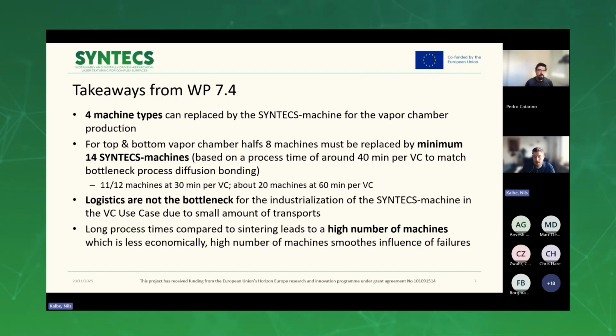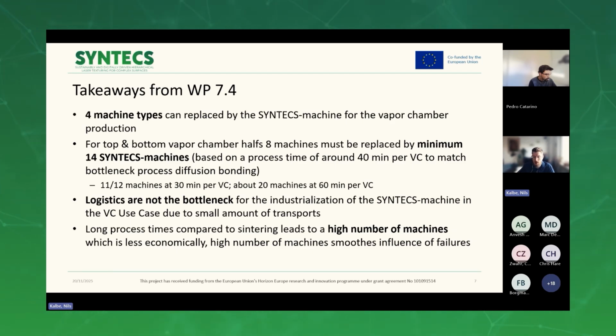To match the bottleneck, of course, if we have a better process time, you can go lower with the machine number to, for example, 11 to 12 machines at 30 minutes per vapor chamber, or, which is maybe more the current status, 60 minutes per vapor chamber, and then we get to